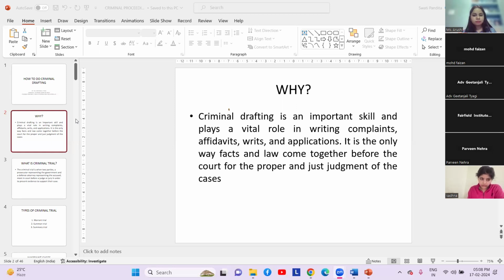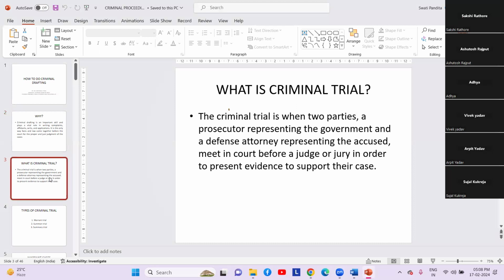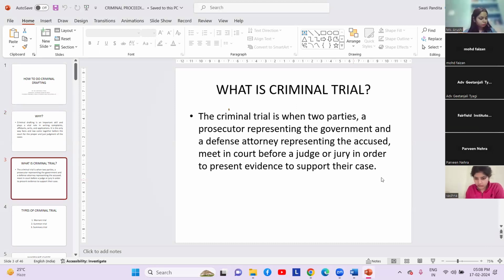The criminal trial is when two parties, a prosecutor representing the government and a defense attorney representing a private person, that will be the accused, meet in the court before a judge or a jury. Actually, now jury is not the process which we conduct in India because we must be versed with the fact that